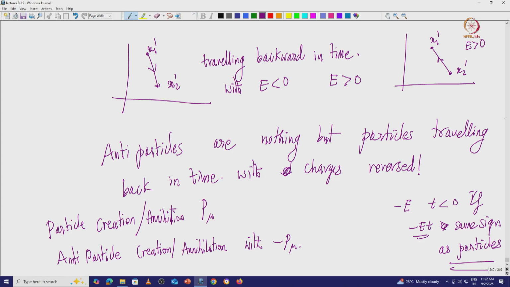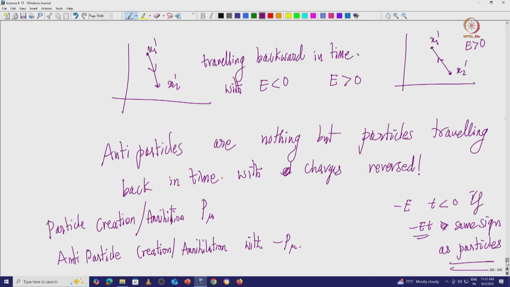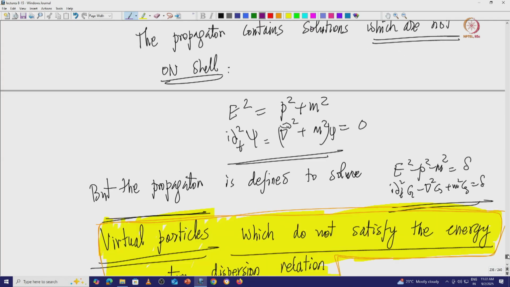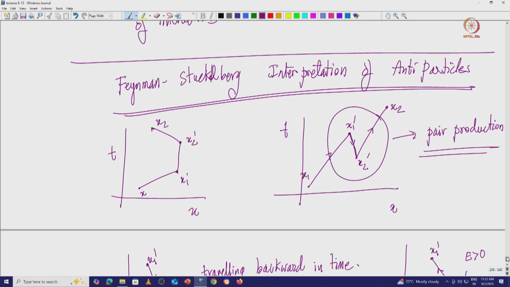This is the crucial input of Feynman and Stueckelberg, and this is a crucial expansion. Of course, you can build much more on this, but this is the basic idea that you can always consider antiparticles as particles traveling backward in time, because you are just changing the energy sign by changing the t sign. You will say how can something travel backward in time, but that is the antiparticle essentially. So they become positive energy and so on.